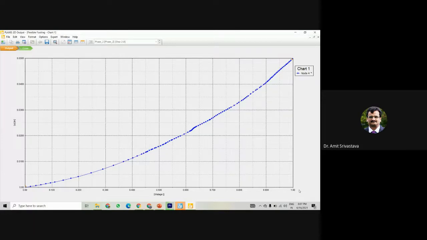1 means, what it is actually doing is applying the load in stages, because this is the case of flexible footing where you applied the load on the plate, is it not? So Plaxis doesn't apply the complete load on the model in one go. It applies the load in stages. Okay, so you can see corresponding to each stage of load application, it calculates the deformation, and when it comes to 1, it means the complete load that you have given has been applied on the model,